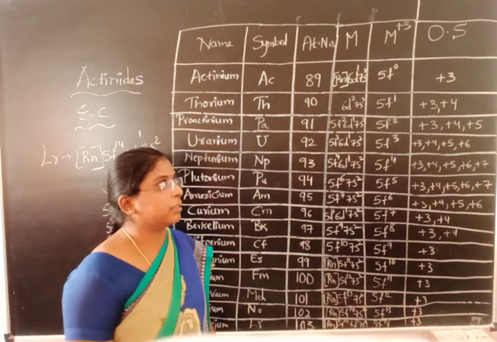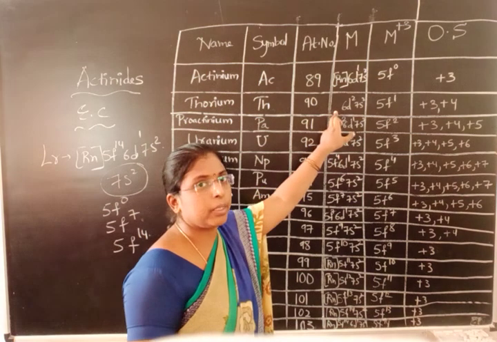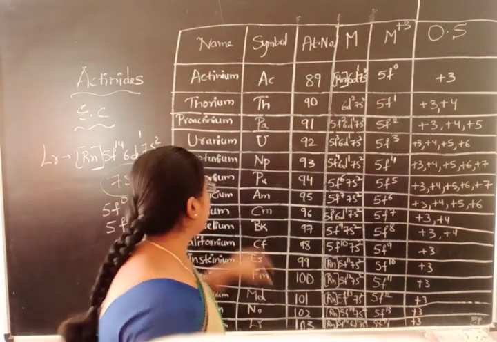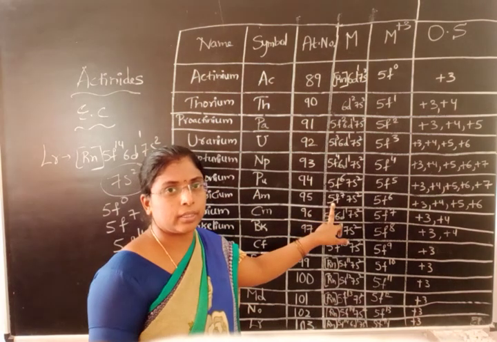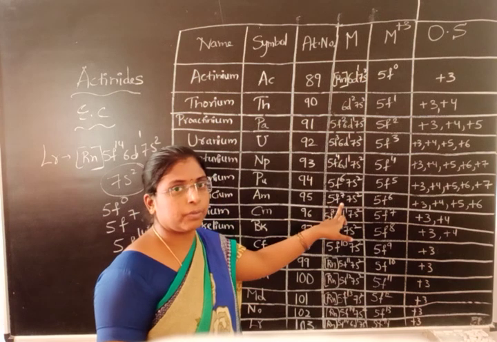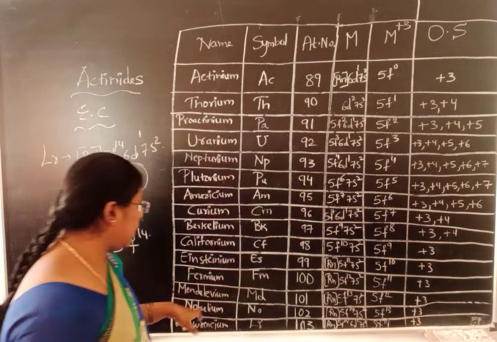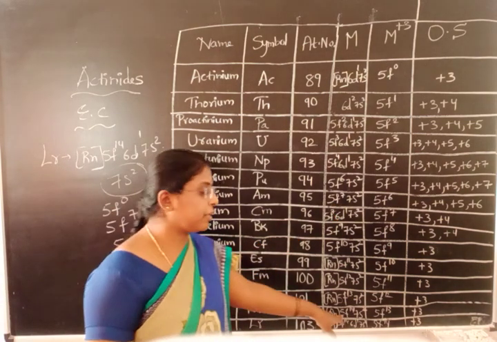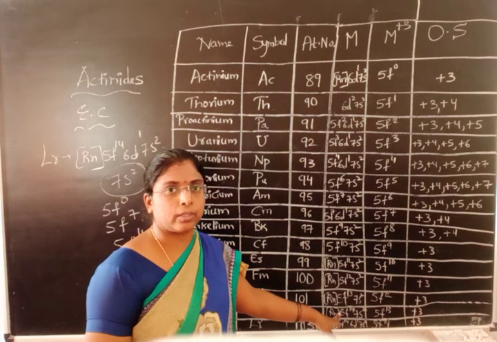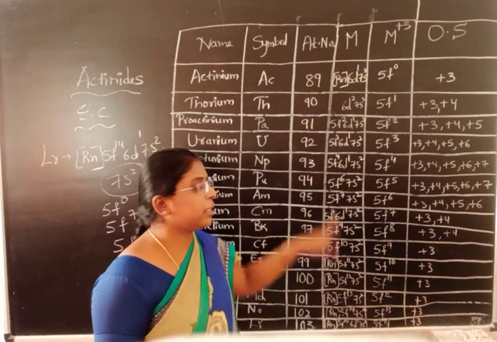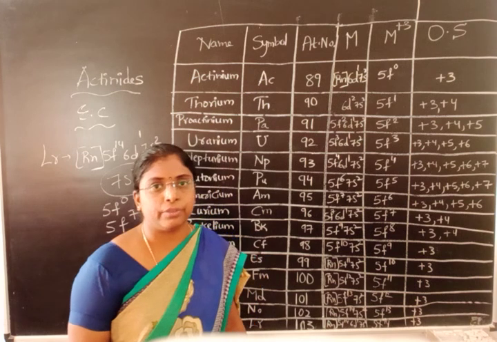the actinide elements. If I take thorium, thorium is having 5f0. It is stable with 5f0 configuration. And americium, if I take, it is 5f7. It does not contain electrons in 6d; the 6d subshell is 0. With 5f7, it attains a stable half-filled configuration. And in the case of nobelium, it is having 5f14, 7s2 configuration. It does not contain the d electron, 6d 0. These elements are stable with empty, half-filled and completely filled configurations.